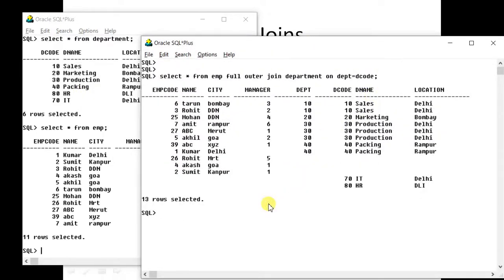With this, there is one more syntax that I would like to tell you in the same context of ANSI syntax. The thing which we have done with the help of plus can also be done with the help of keyword. So what we'll type: select star from employee. Now you want extra records from which table? Employee. And employee is written on the left hand side, as you can see on the screen. So we type left outer join. The table which is written on the left side will have outer join with department on the same thing, dpt equals to decode.